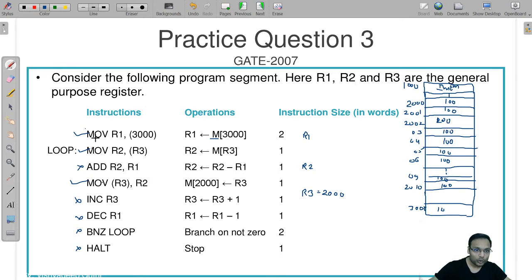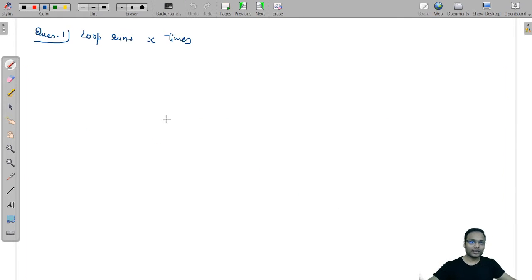Now you see there are two instructions within the loop. You can see this instruction in the loop, this instruction in the loop, and this is outside the loop. I hope you all are aware of the basic programming. Basic programming says that if any instruction is outside the loop, it can execute only one time. Any instruction inside the loop will execute as many times as the loop runs. So if two instructions are within the loop, and one instruction is outside the loop and runs only one time, then I can say